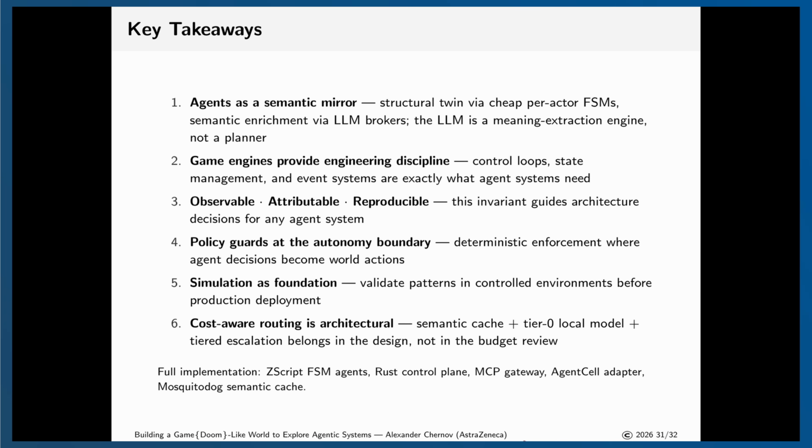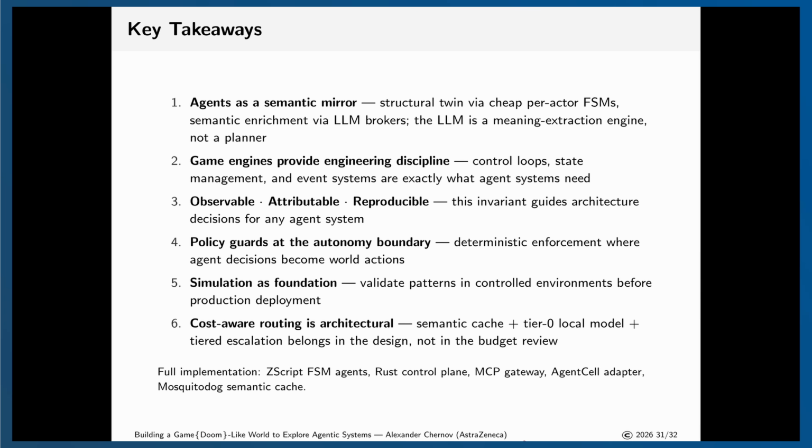So we have policy guards at the autonomy boundary. Within each state machine or agent, we actually have a policy, and this runs autonomously. We don't have to enforce it from outside; we enforce it from inside. We can have simulation as foundation, which means that we can validate. As I said, we can plug this agent system into anything we want, not necessarily a game. It can be this game, another game, or a real-time process or phenomena, and can replicate semantic links between them, and reproduce and replay. It plays a significant role later on in different industries, including the industry I'm from.